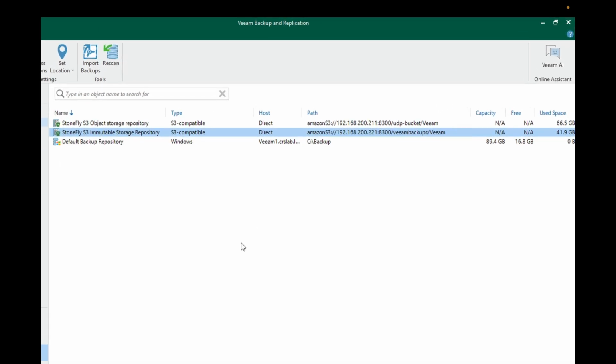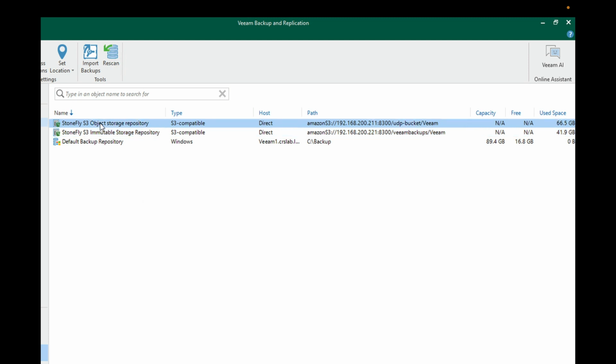Hello, I just wanted to create a quick follow-up video on the StoneFly S3 immutable storage and the air gapping. I now got that configured correctly in the lab. Last time I did the demo,